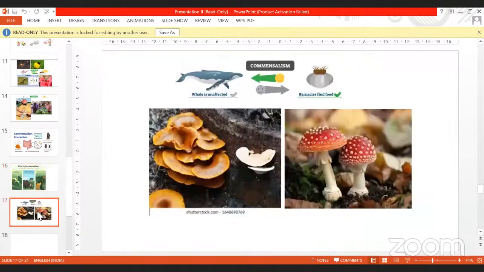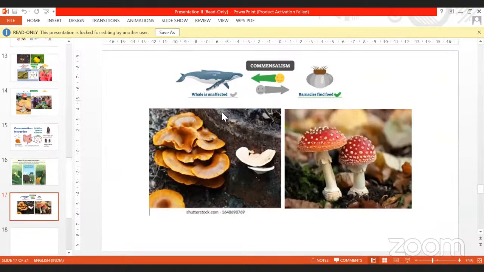So that was commensalism. And here we have some other examples as well, so you can go through that, where you have the whale, or you have the planks that make up the body of the ship. There you very often get barnacles growing. So what are these barnacles? They are colonies of living organisms which thrive on other organisms, but they get benefited without harming that organism. Right? So this is what is commensalism.